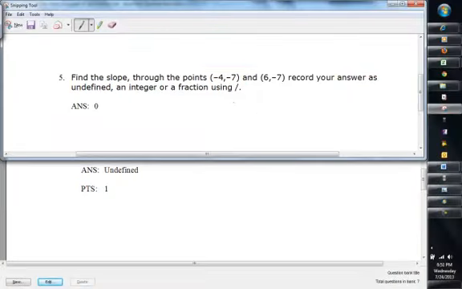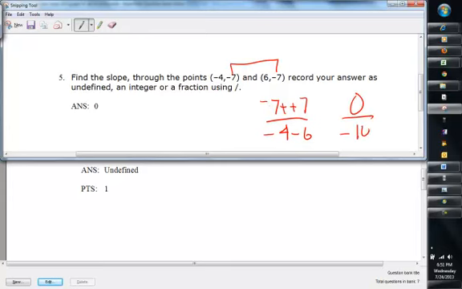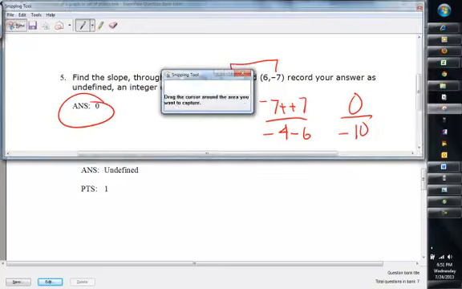Okay. Change in y, negative 7 minus negative 7 over change in x, negative 4 minus 6. Negative 7 plus 7 is 0 over negative 10 is 0. Next one,